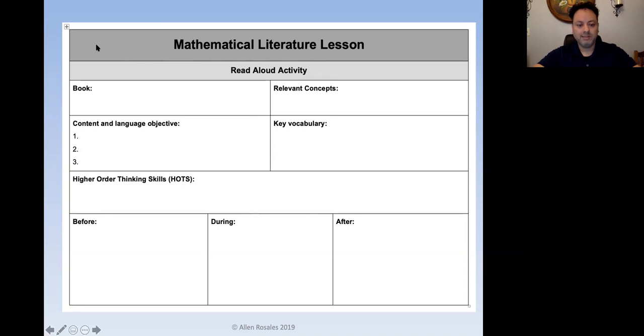And before he's planting the seeds, I'm going to build up his background knowledge in this. While he's planting, I'm going to ask him questions about his experience. And then afterwards, we're going to conjecture, or we're going to connect this experience to the next read aloud and so forth. So a tool like this can be used all the time. And that's what you see in high quality educators, is they do this naturally.